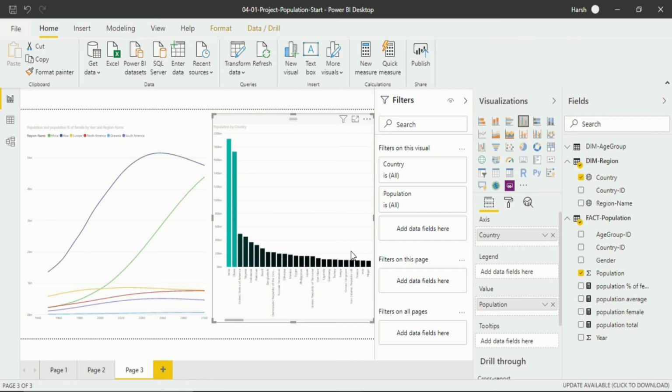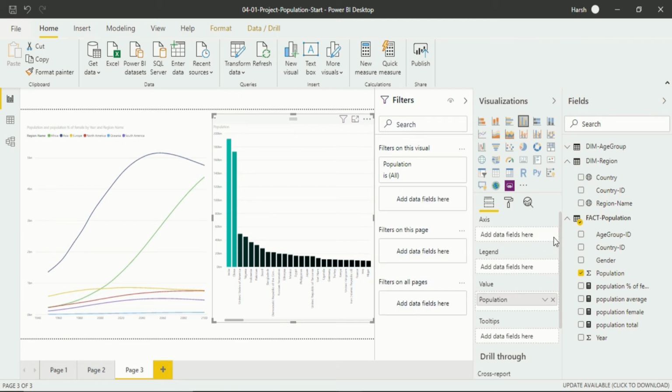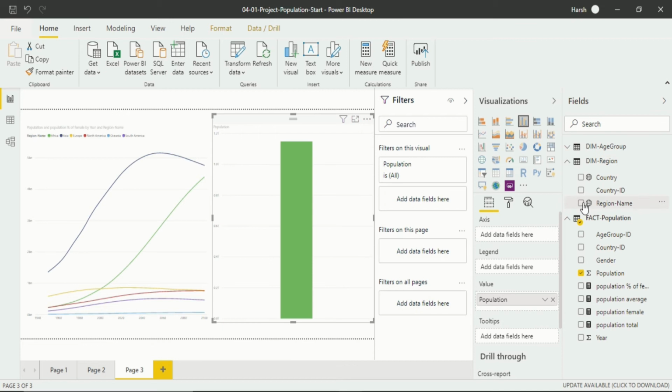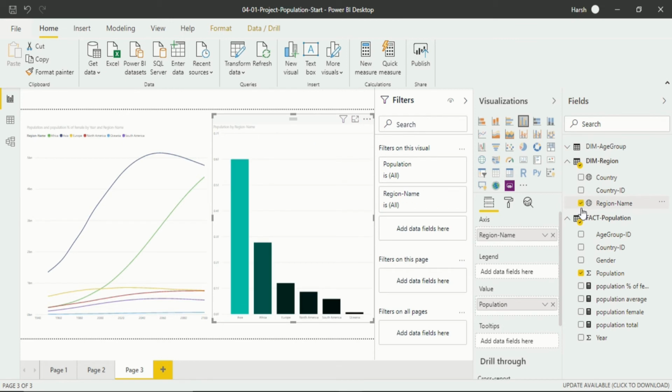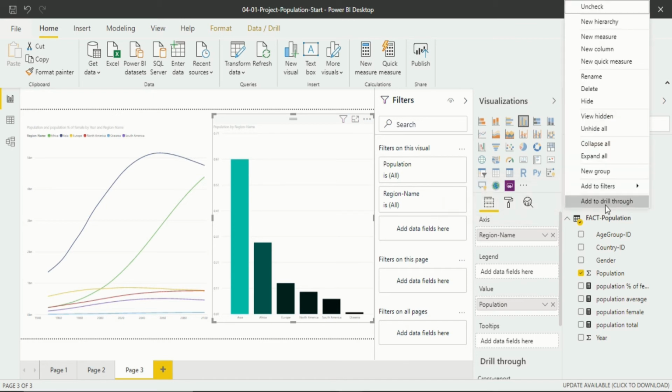So how do you do that? Before doing that, just remove the country from here and again click on region name. When you click on region name, the visualization will get back to where it earlier was. Now I want to introduce a hierarchy in this. How do I do that? Just go into the region name, then right click with the mouse cursor.